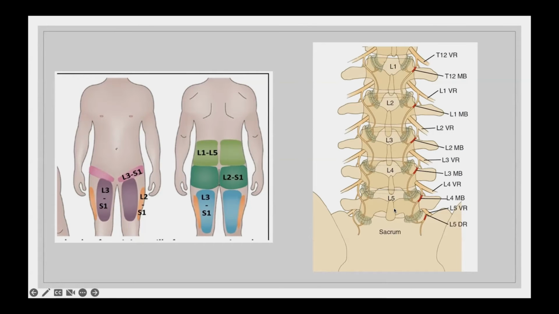So this is an illustration of what we call a medial branch block, where we put a needle here, put numbing medicine there as a test. And then the second part of that procedure is called a radiofrequency ablation, which will be illustrated in the next slide. This left picture just shows more of that referral pattern, because sometimes you will feel it in the back itself, but sometimes you'll feel it lower down, like in the back of the thigh. That's actually very normal, but we differentiate it from the nerve specific inflammation pain, because it's not going to be that burning, shooting, tingling, but again, more of that aching, dull, constant pain.